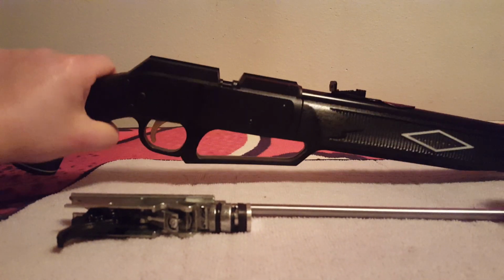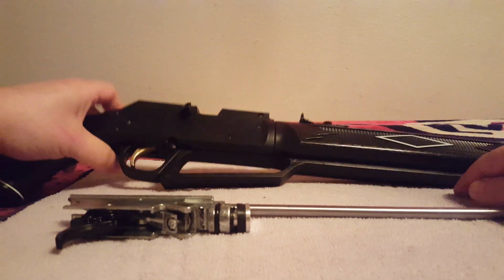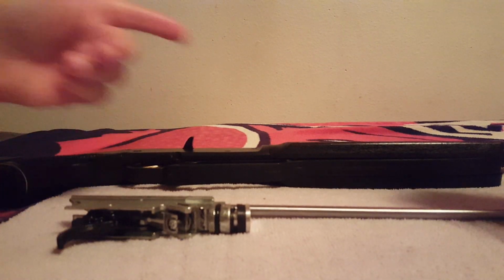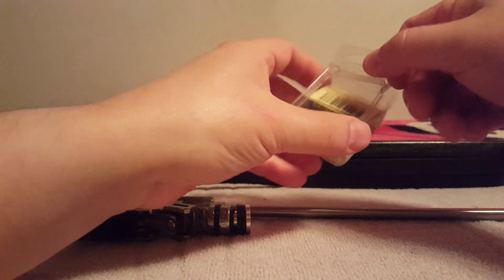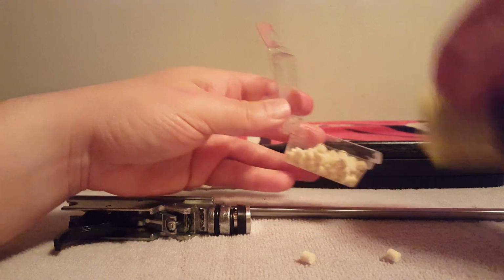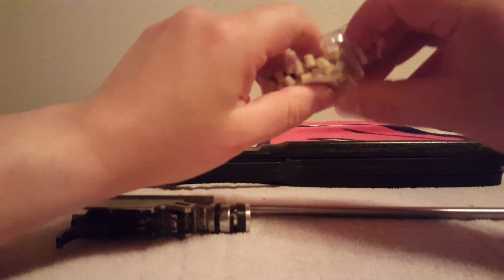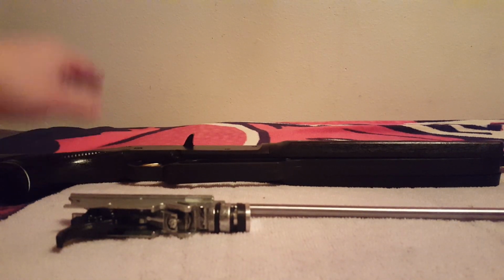If you get a brand new gun that's in good working condition, like my Shadow here, the easiest route for most people is just to go with the cleaning pellets. Breech to crown, so you go back to front, and the cleaning pellets are great because you just shoot them through. If your gun is shooting well, I feel confident to take the gun apart, but if you don't have a lot of practice with that, when you get the gun and it's new,